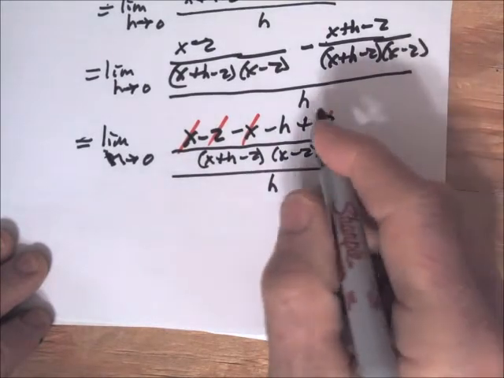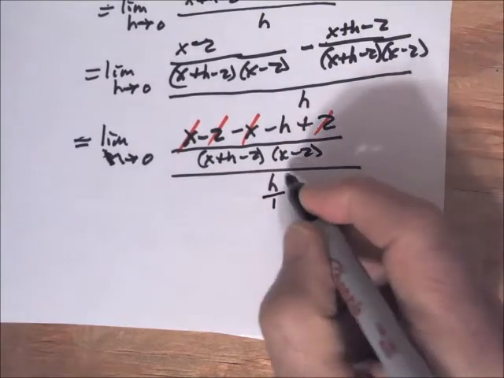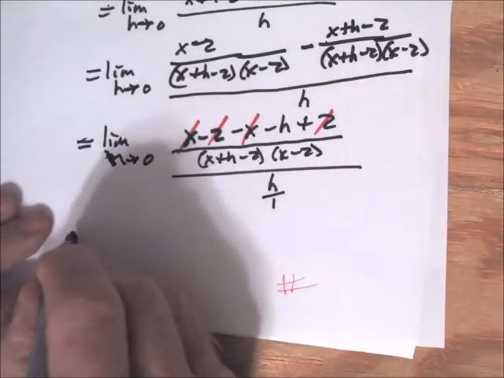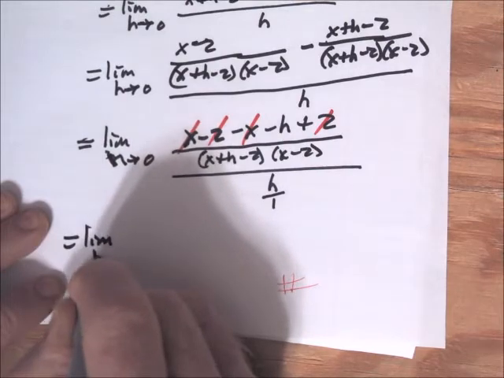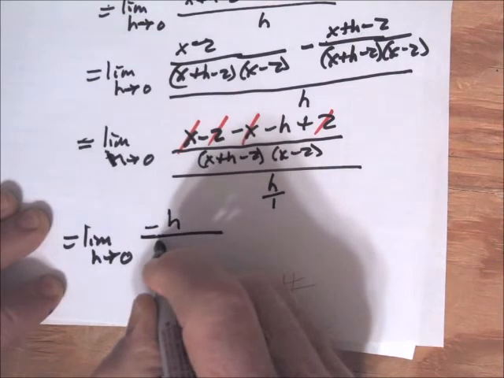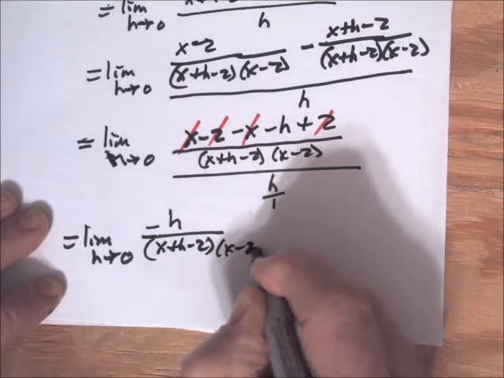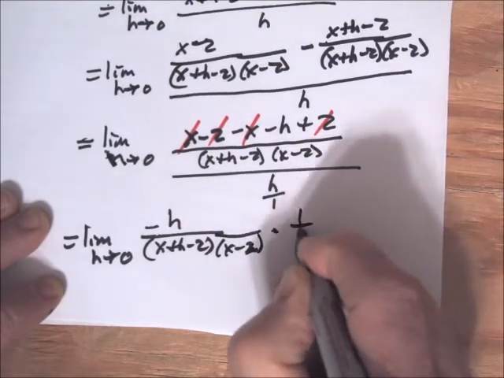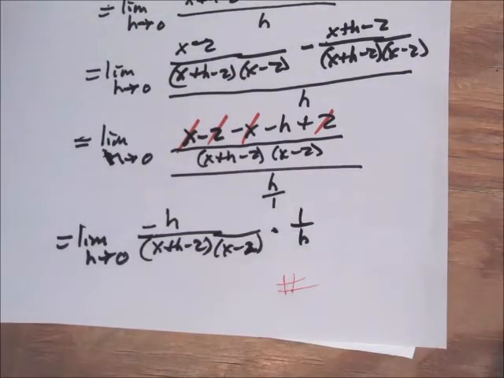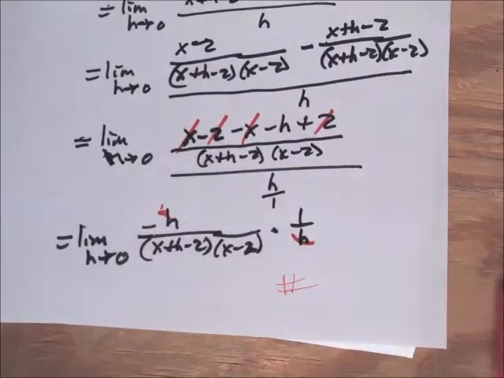It might be helpful to put this h over 1, so then we can use the rules for fractions. The way you divide by a fraction, you flip it and change it to multiplication. So this is going to be the limit as h goes to 0 of minus h over x plus h minus 2 times x minus 2, and then this is times 1 over h. So dividing by h over 1 is the same as multiplying by 1 over h. And then we can cancel an h on top and bottom, and that'll give us